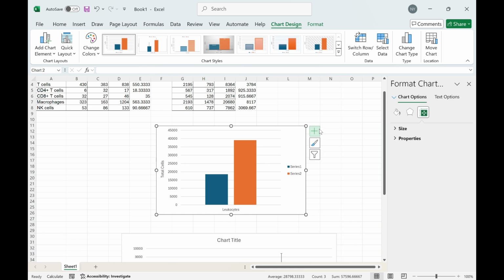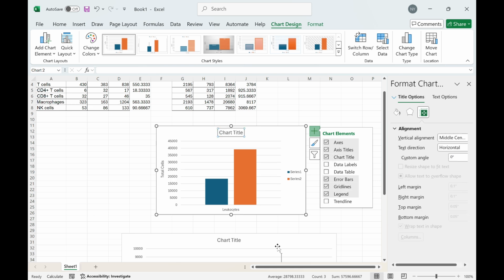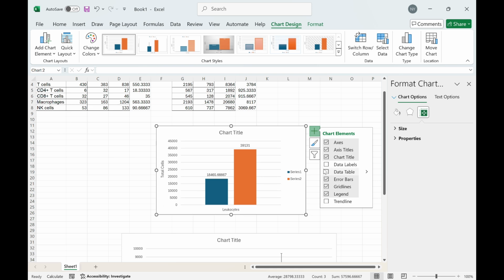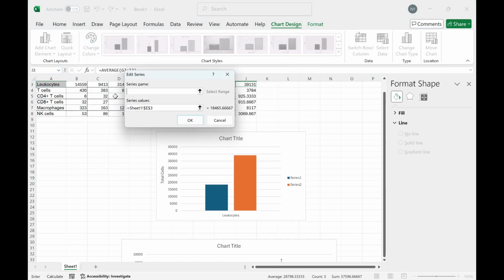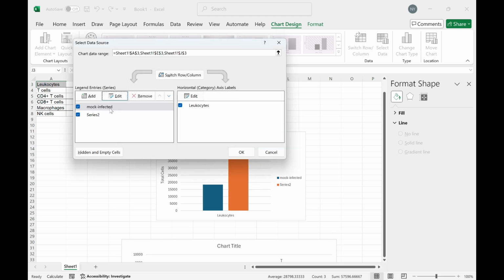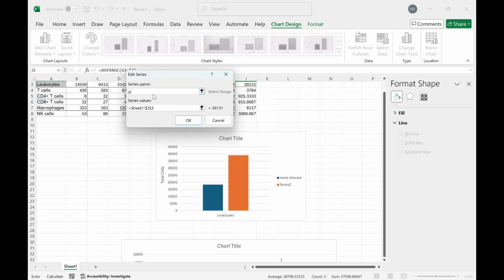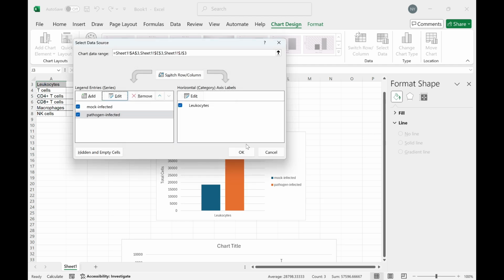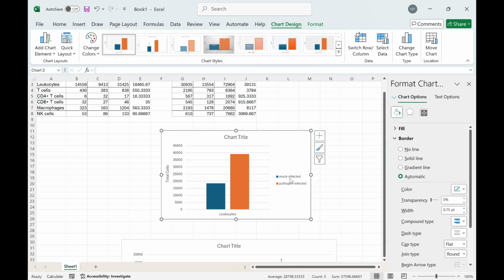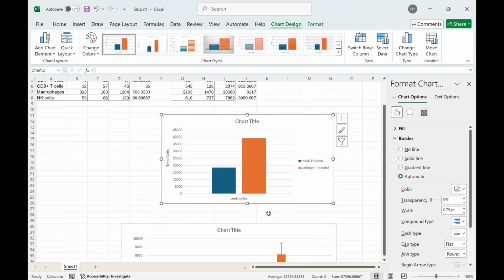Y-axis is going to be labeled total cells, and again, you need a chart title for both of these, and decide what you want to call it. Now, again, to change the Series 1 and Series 2, we're going to go to Select Data. Series 1 is mock infected. Series 2 is pathogen infected. And that's really it, honestly. That's all there is for your